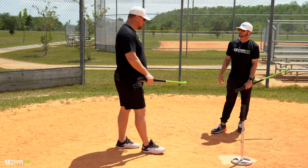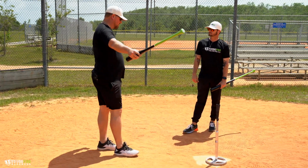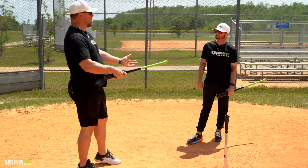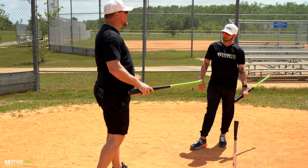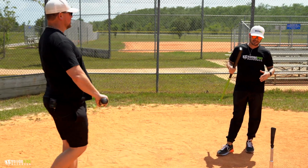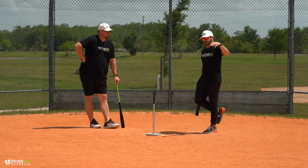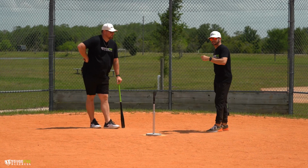That makes a lot of sense. Even thinking about directional hitting with the scissor kick, it makes a lot more sense because you're giving yourself more space, like you said before, making it easier. It seems like almost. And it does, and I would suggest for anybody out there that has young hitters, to go and at least give it a try,